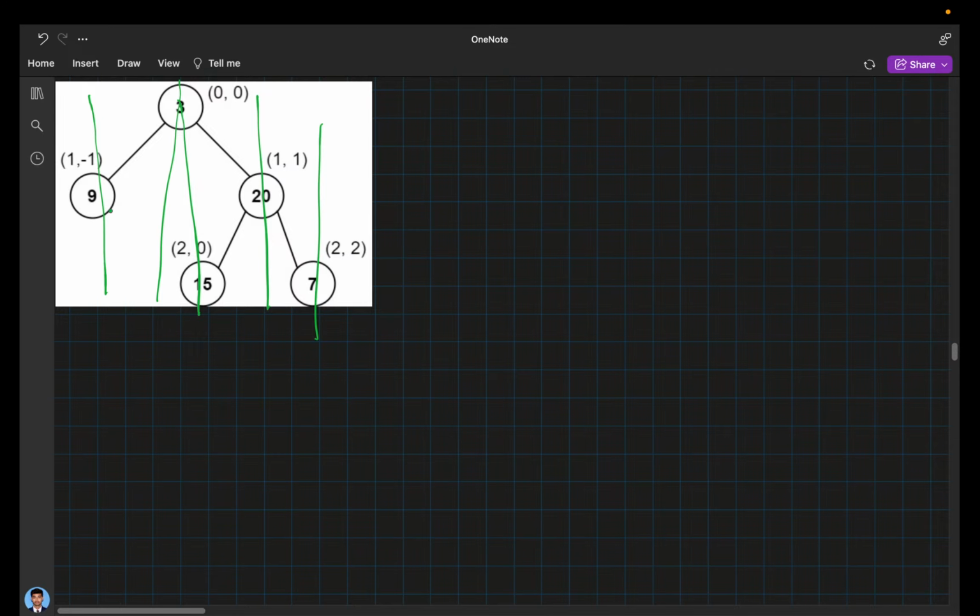And if there are two in the same level, like 9 and then let's make it 10, and 10 will take 0, 1, the height is 2, and minus 1 will become 0, 2 comma 0. 2 comma 0 and 2 comma 0 got for both 10 and 15. So in this case, I have to sort these values. So if they are taking first is row and second is column,